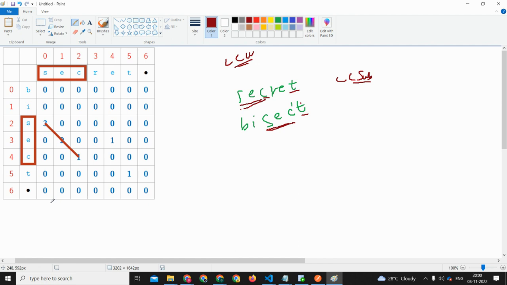Okay. How do we calculate? How is this calculated here? So we just write these words, right? We take the length of secret. It is 6, right? Length of the word secret is 6, and bisect also is 6. So we create a 7 cross 7 matrix. So it's basically n plus 1 cross n plus 1 matrix,